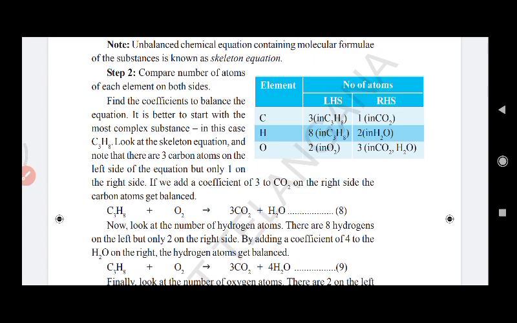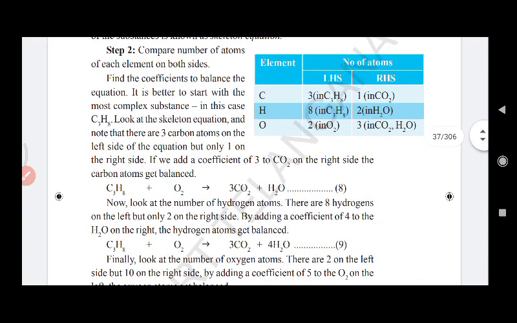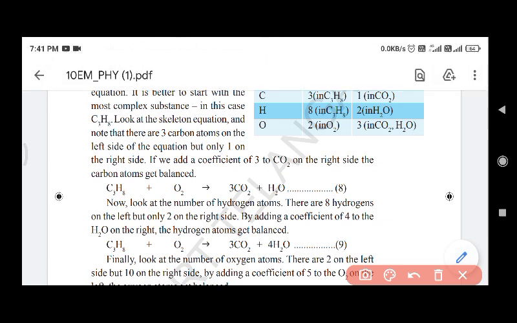Okay, so here, first, what change am I going to make to balance the carbon atoms on both sides? If you look at the reactant side, we have three carbon atoms. On the right side, in carbon dioxide, only one atom is present in our skeleton equation. So if we write 3 as the coefficient before CO2, now the carbon atoms become balanced. While we are balancing any one of the atoms, the other atoms' balance is also disturbed.